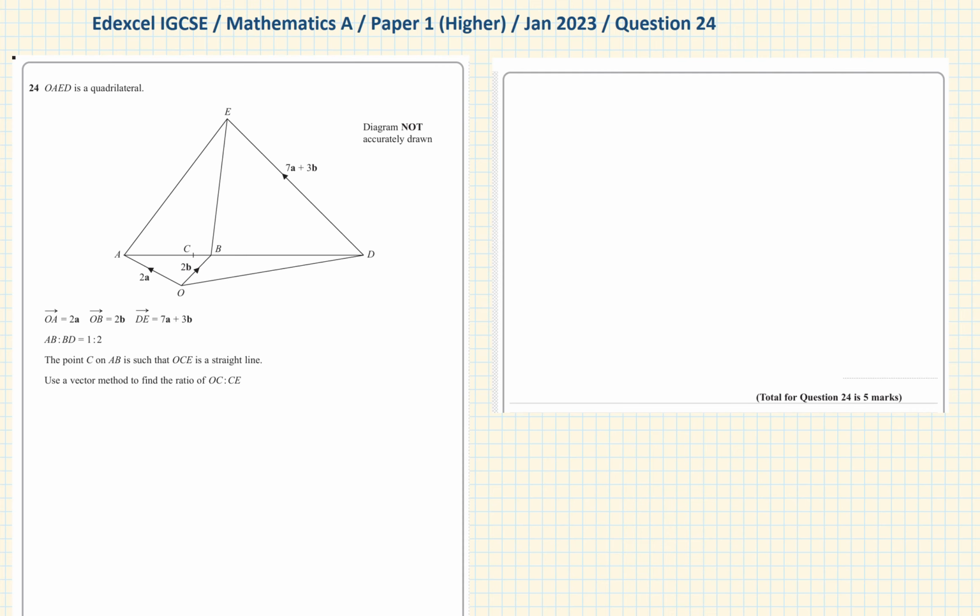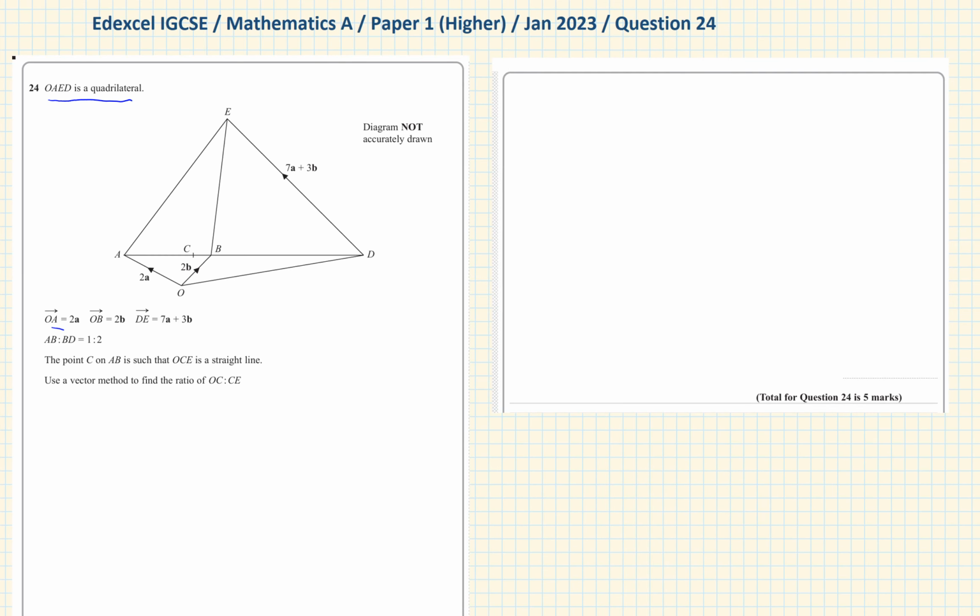So this is question number 24, taken from the January 2023 paper. It's paper 1, of course it's higher, and it's from the Edexcel IGCSE. So it's on vectors. So what we need to do here is we're given that OAED is a quadrilateral, and we're given these